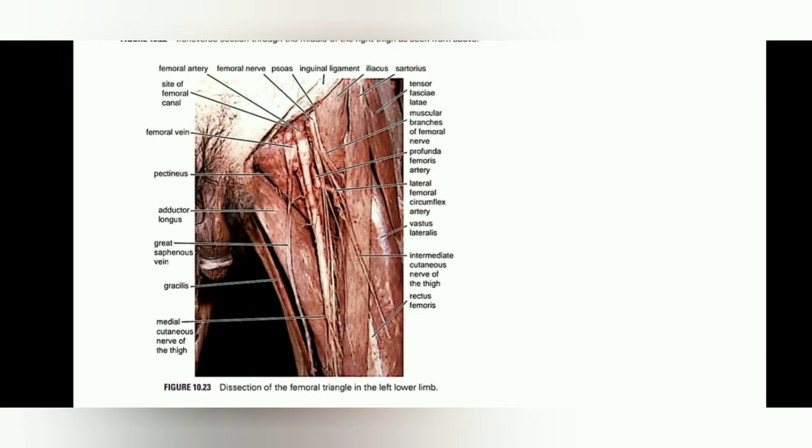This is the cadaveric diagram, and you can see all those arteries and nerves. The biggest will be the femoral artery, present laterally. You can also see the femoral vein. You can also see the femoral nerve, which is the most lateral. Then you can see the profunda femoris artery going deep, which is the branch of the femoral artery. And you can also see the great saphenous vein. It's a very good cadaveric diagram.